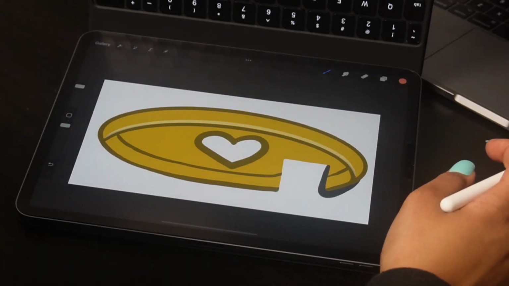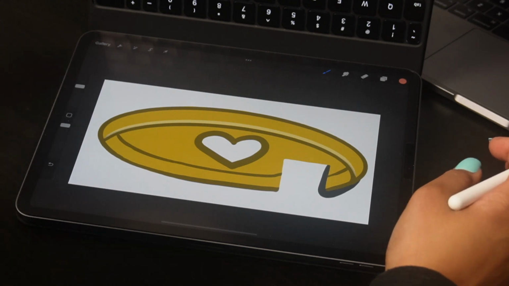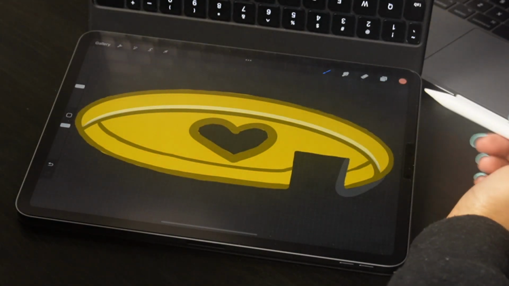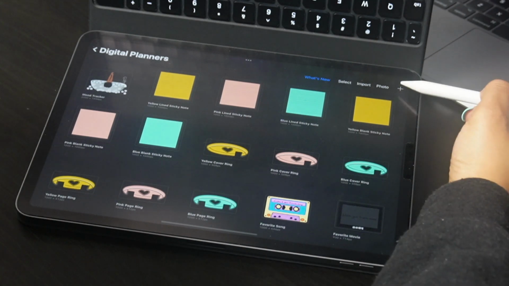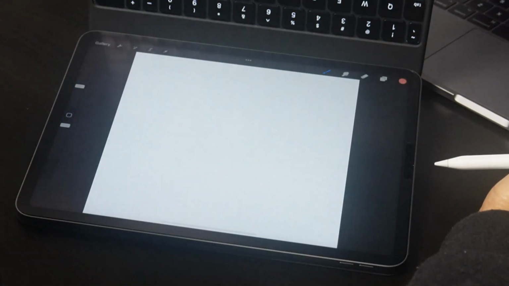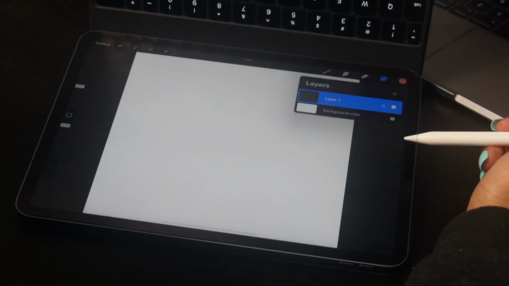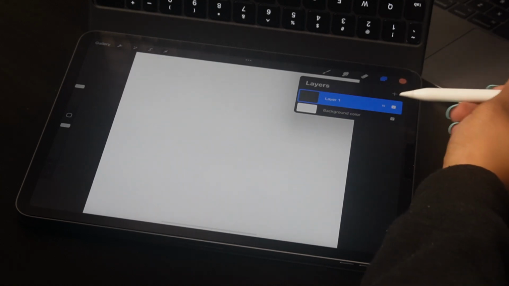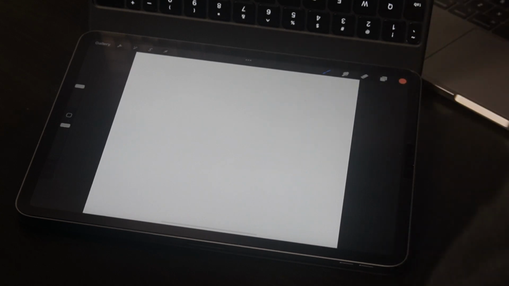Now I'm gonna do a demonstration so you can actually see exactly how I created this. Let me turn off my background color. And let's create a new document. So I'm gonna go here, add a new document. I'm gonna do untitled canvas, 1000 by 1000. I'm going to keep the background on for now. And then it automatically created us a layer right on top of that